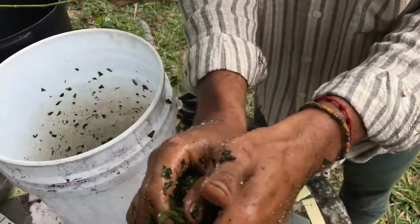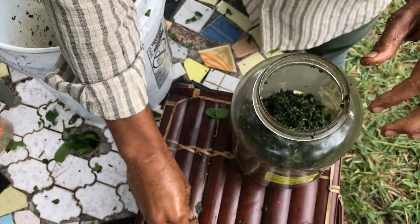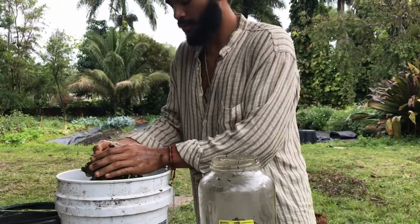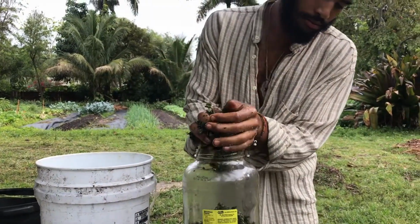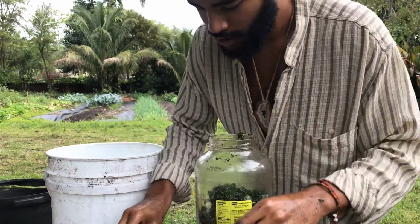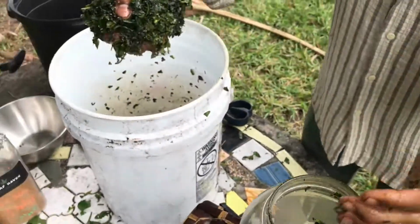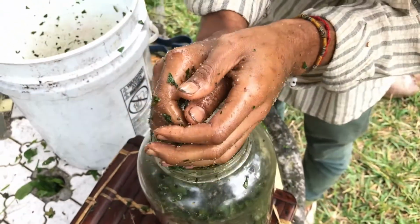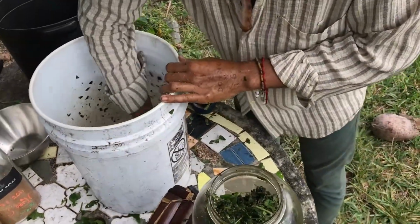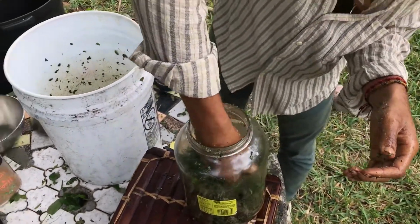Banana blossoms are also really good material, after the bananas have all fruited. You can take the blossom away. Shout out to Spanish Needle for allowing us to use it and extract its organisms. We got a good amount. This is gonna be